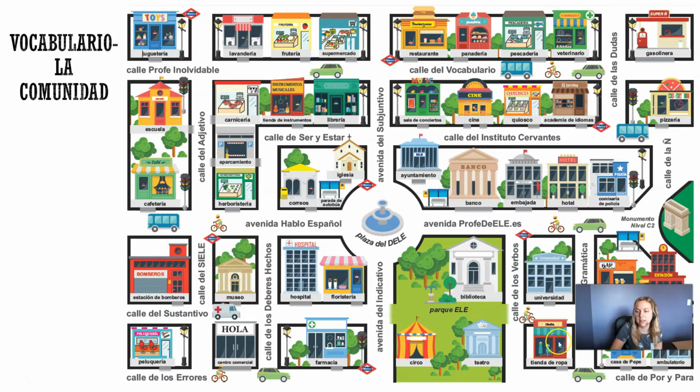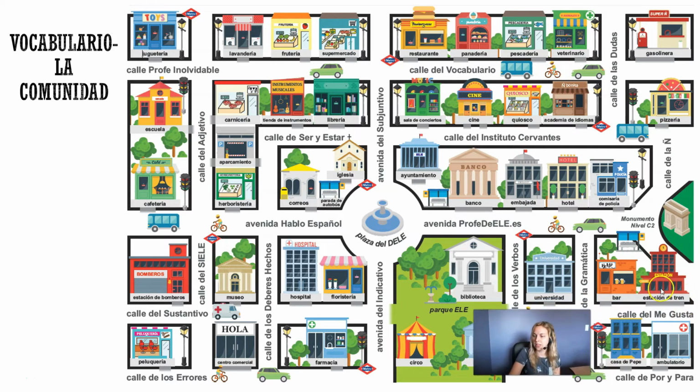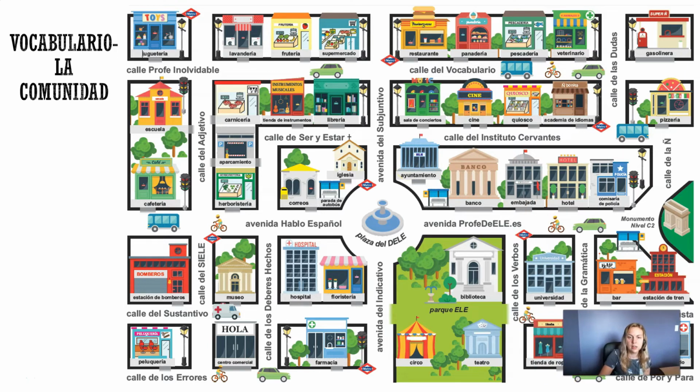Estudias una carrera, la tienda de ropa, la estación de tren, casa de tu amigo. Aquí tenemos la comisaría de policía, el hotel, el banco, ayuntamiento es town hall, right? Donde vas a hacer papeles, formularios, etc. La iglesia, parada de autobuses, the bus stop, right? Correos, oficina de correos is our post office. Cafetería es our café, donde vamos a tomar un café.